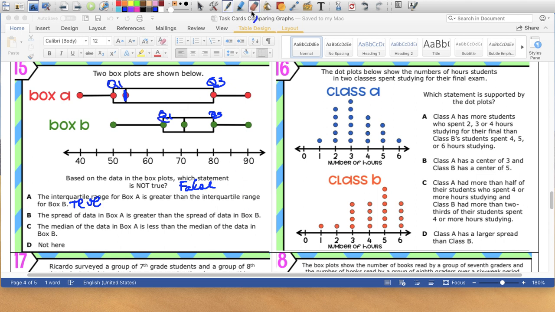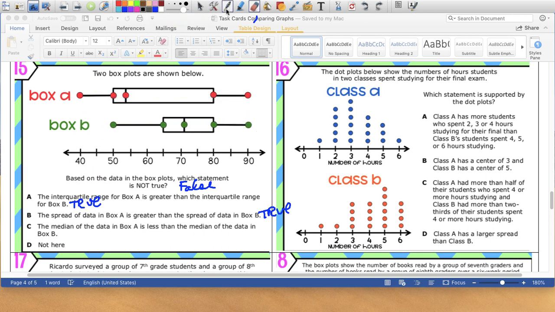Do you think the spread is bigger? So look at this spread. For data box A, it's from here all the way here. And for data box B, it's from here to here. Which one's bigger? Box A. That's also true. D, C, the median of the data in box A